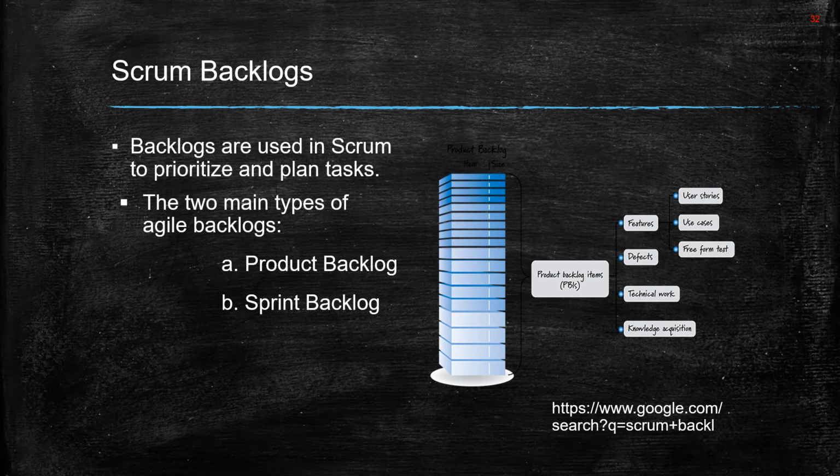We can use different management tools that can help with the product backlog. Here we usually hear about the product backlog and the sprint backlog. And moving to the sprint backlog, it is a subset of the product backlog. It contains the product backlog items that can be completed in the specific sprints.